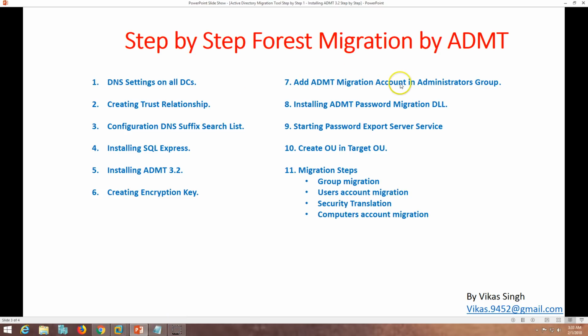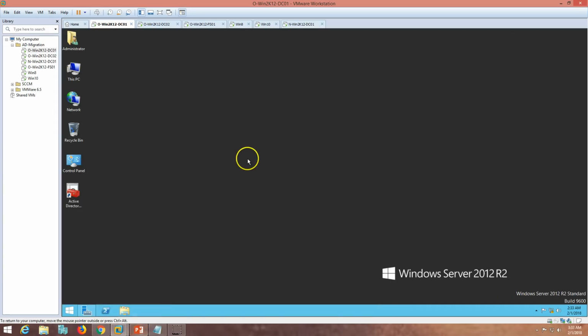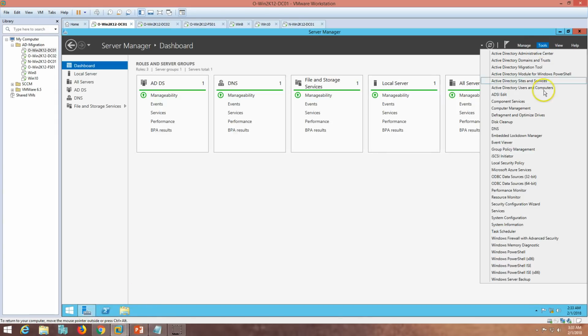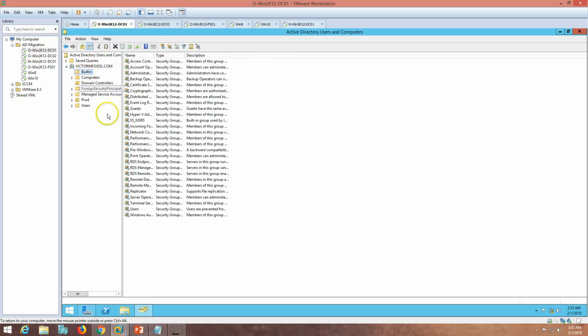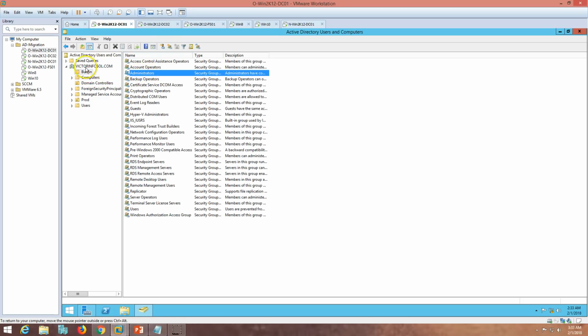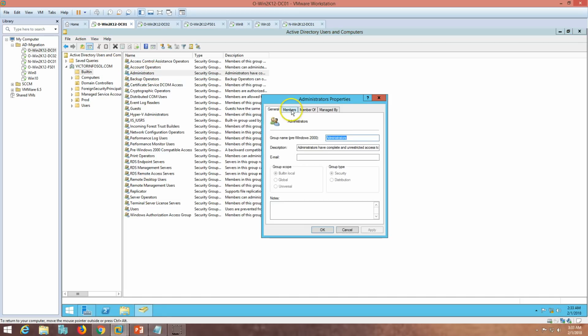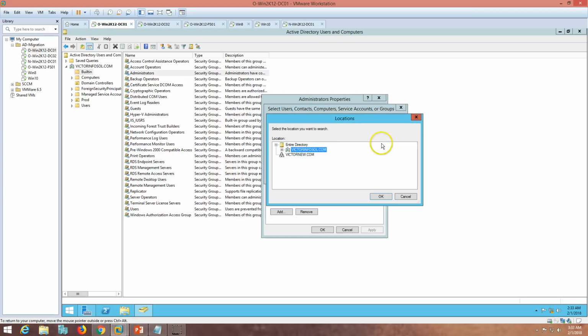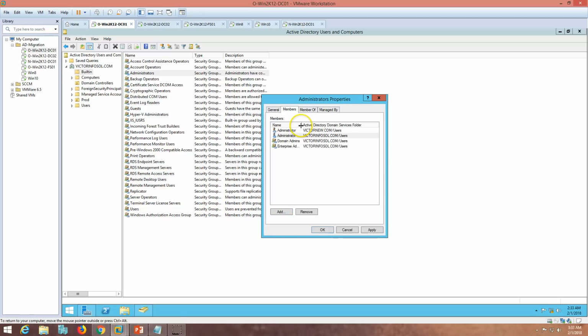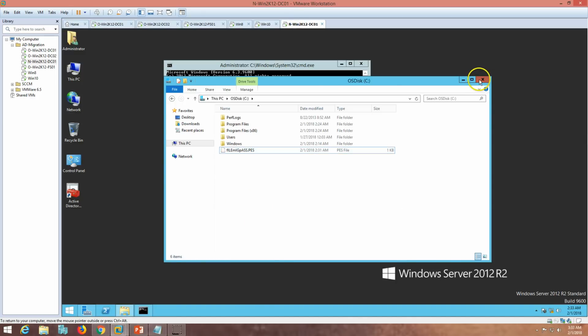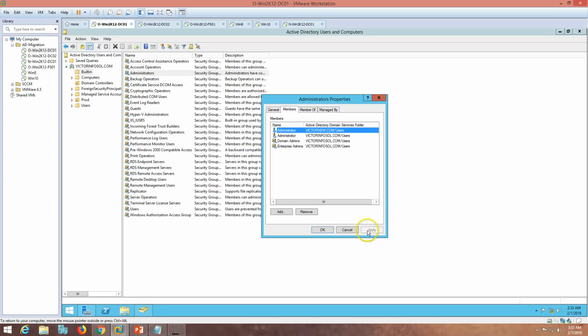You can add your ADMT migration account, if you created any generic or specific account for your ADMT migration only, to the administrator group. In my case, I am going to add the administrator account of the target domain to the source domain's administrators group. So in the Victor Infosol administrators group, I'm going to add the member of Victor new. So I'm going to type the administrator, check name, click OK, and now I have added my target domain administrator ID in the administrator group